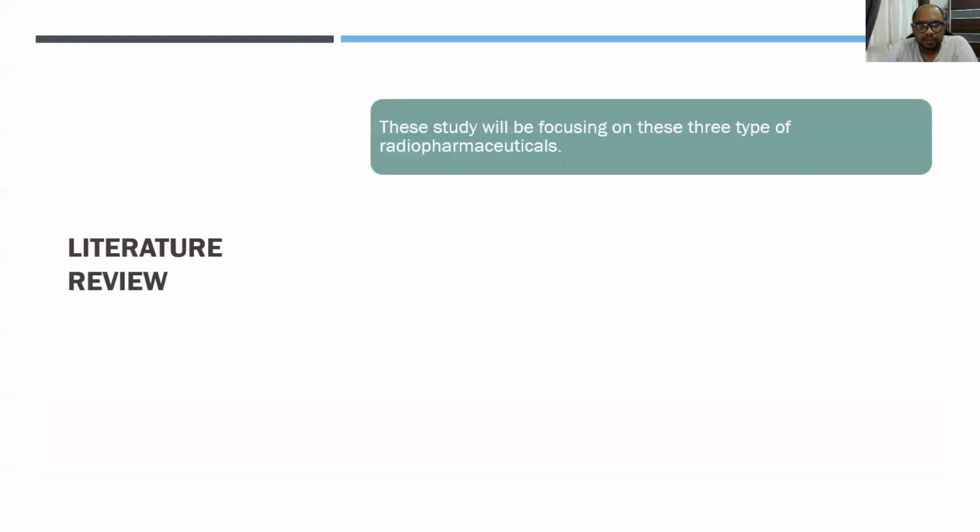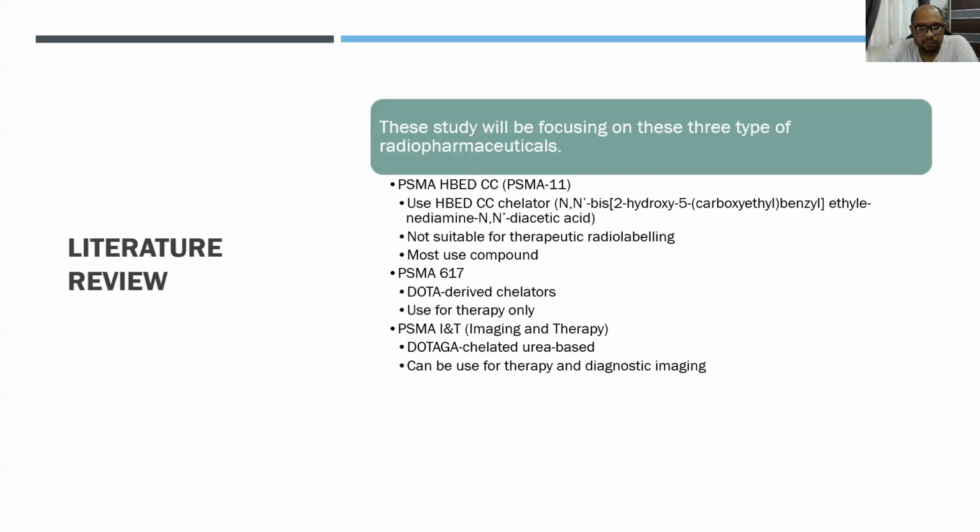There are three most common types of radiopharmaceutical used by nuclear medicine departments. First is the HBCC PSMA, which uses HBCC chelators. It is the most used compound, but mostly for imaging only because it is not suitable for therapeutic radiolabeling. And then PSMA-617, which uses DOTA-derived chelators,